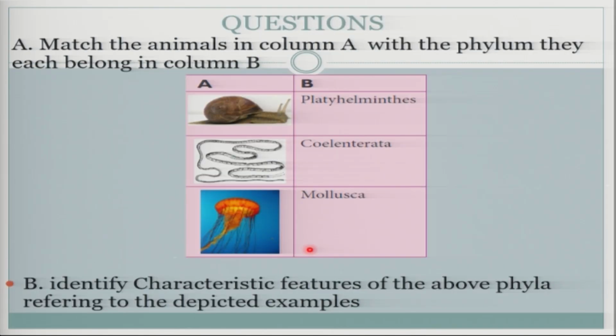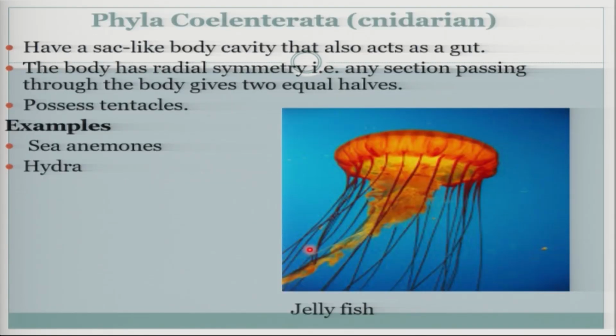Another last example of these lower level organisms in the kingdom Animalia is what we call the Coelenterata. As I mentioned earlier, call them Cnidaria. So what are the features? Look at this. I always like showing you pictures. When I show you the pictures, I think it is very easy for you, because when I'm talking of the characteristics, I told you we emphasize the external features.